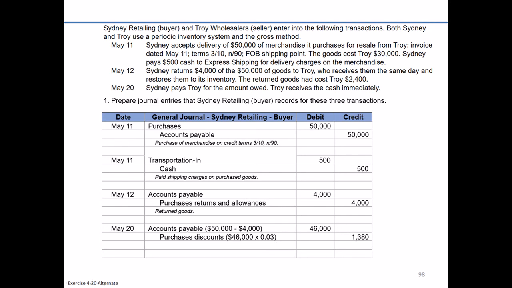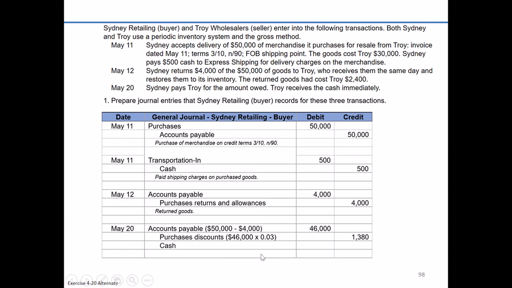Under the perpetual system, we credited merchandise inventory because we show the increases and decreases at any point in time. We can't do that under the periodic system, so we use yet another temporary account, this one called purchases discounts. Again, we don't credit purchases directly to lower it, but we utilize another contra purchases account called purchases discounts that's going to be increased with a credit of